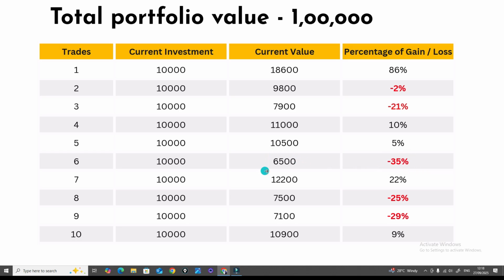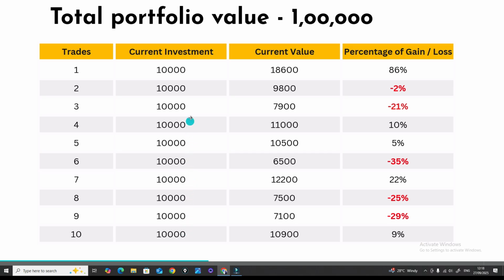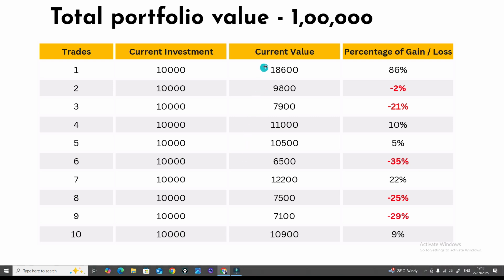and his current value has become 6500. So after a period of time, the current value has changed considerably, even though the invested values at the time of investment remained the same. So according to this position sizing strategy, what you should do is balance this amount here in the